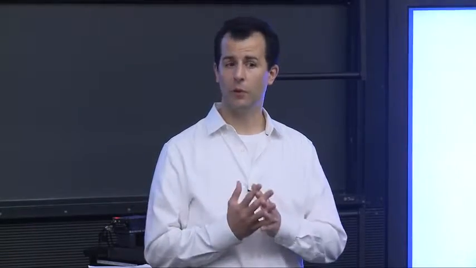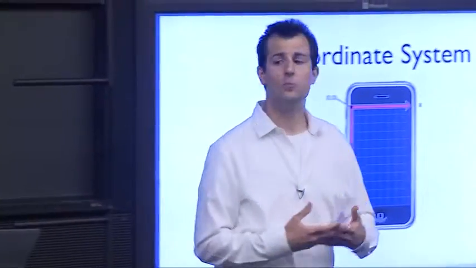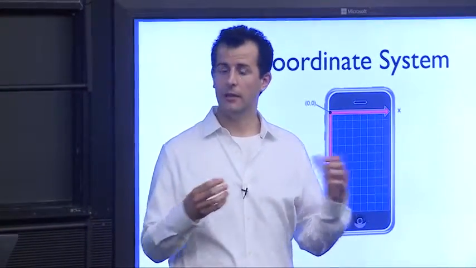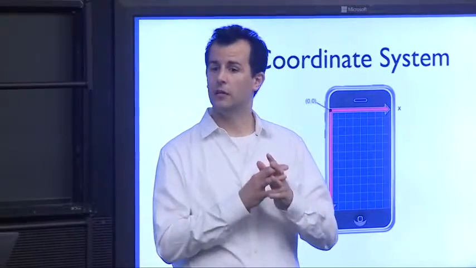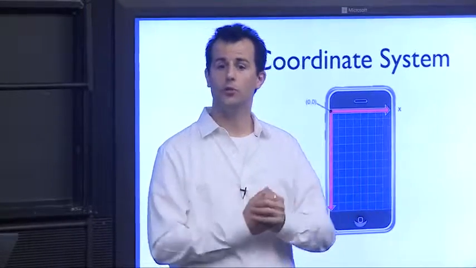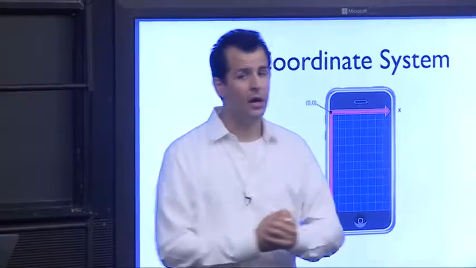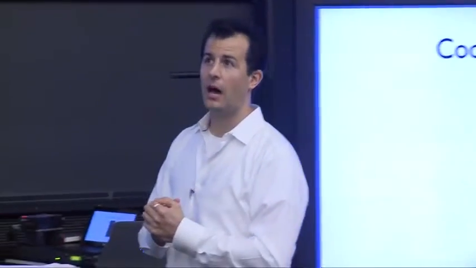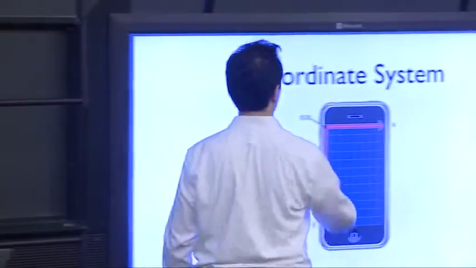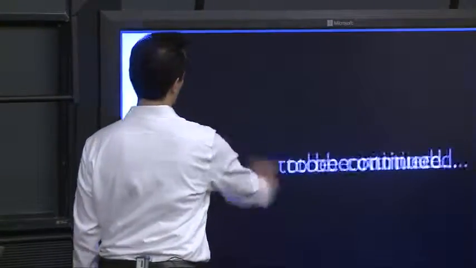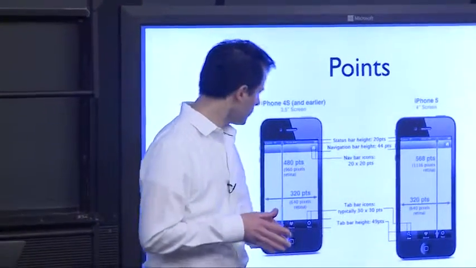It depends on your perspective. So they introduced this layer of abstraction called points so that irrespective of the actual resolution, the operating system will double your graphics as needed or shrink them as needed. Now this is a two-edged sword. It's on the one hand super convenient. On the other hand, if you've ever used an iPhone-only application on an iPad, it just looks kind of ridiculous when you zoom in at 2x. But the only other alternative would be not to let the user play it at all. So now if we scroll over to this system here, you'll see the iPhone